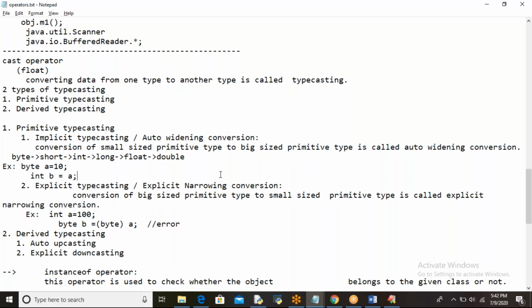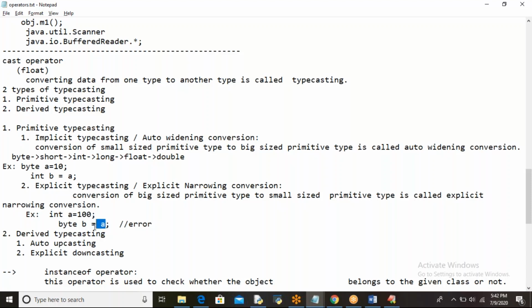Coming to explicit typecasting or explicit narrowing conversion, when big sized primitive data is converted into a small sized type, that is known as explicit narrowing conversion. Here you have taken integer variable a, where you are storing 100. If you try to store a into b, you will get an error because b is a byte type variable.